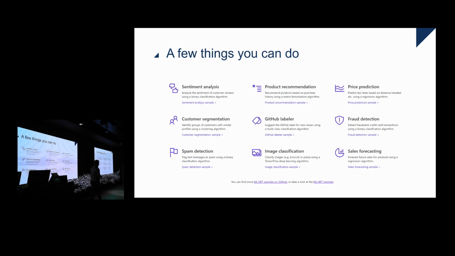A bunch of things you can build using ML.NET. It basically does everything. Mostly the classic machine learning models, but like I said, it also does deep learning, at least it does prediction. And in the latest preview, it also includes support for actually training image classifiers, specifically using deep learning. To bother ourselves with GitHub, we're going to build a labeling tool for our issues.